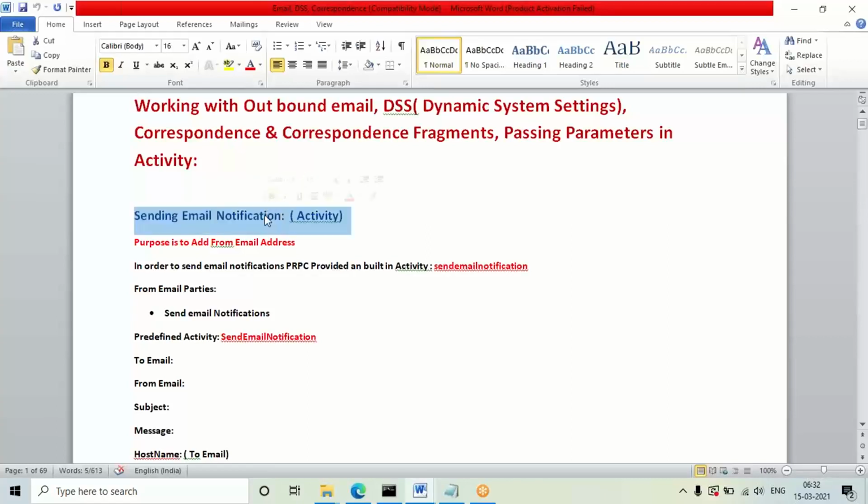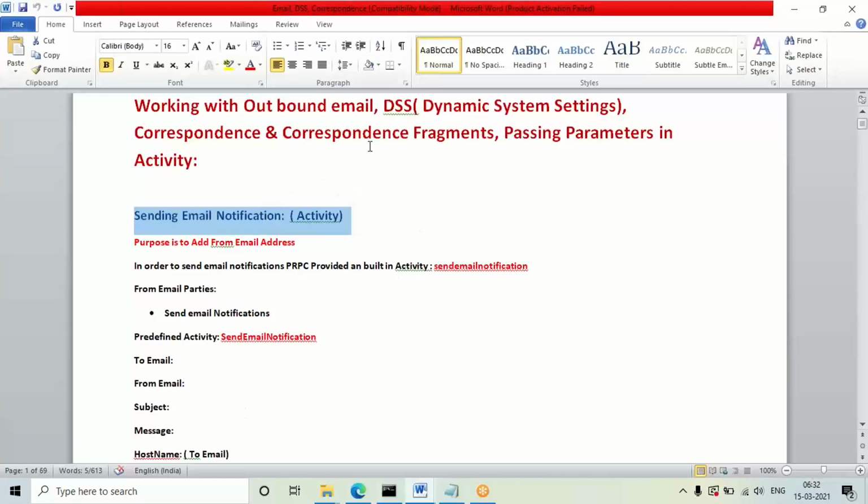In order to do this, we are going to use an activity called the send email notification activity. In this, we need to configure some parameters, and in the background it will perform some action. We need to configure the from details, the to details, the message and so on. After that, this will take care and configure the notifications. There are other ways also, through agents, that you'll get after one or two sessions.